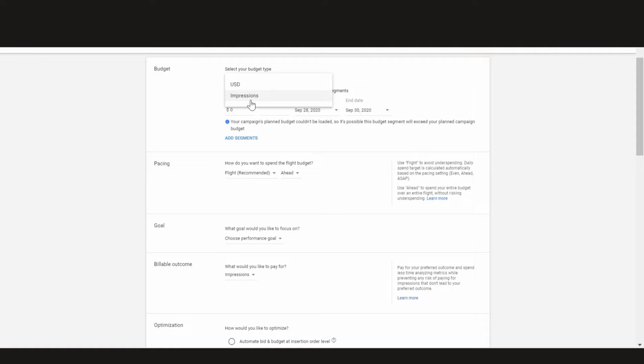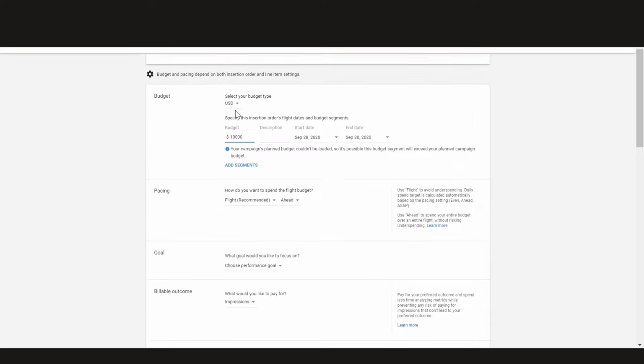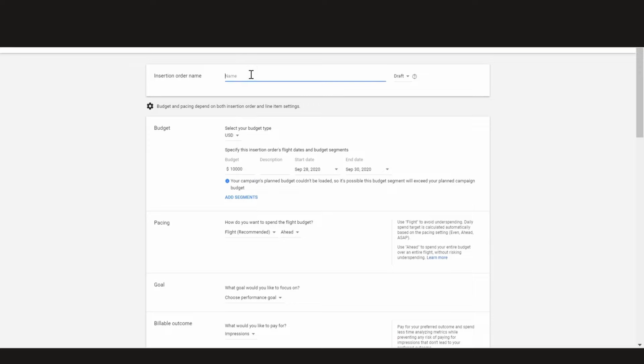So you can pay in impressions, you can select a budget of impressions over there, or else we can go with USD for now because the account settings are for US dollars here. So we will set an amount over here, the amount we would like to spend for the cycle of the insertion order, the campaign.